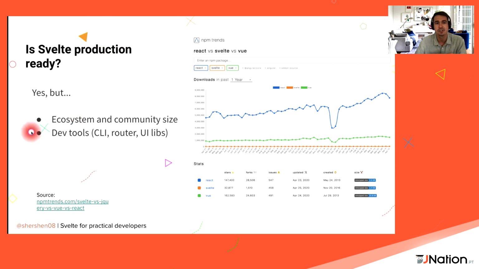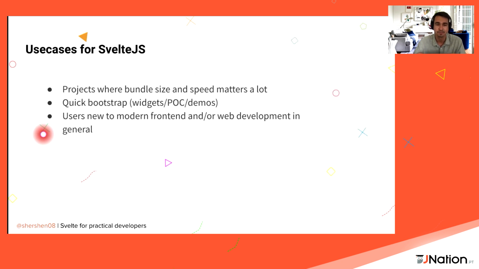And again, as I showed earlier in the beginning, there are a set of dev tools and libraries that solve typical problems like routing or component library. So that's all present, and I would definitely recommend to play with it in your pet project first, and then maybe try to sell it to the team, because I've seen several enterprise level projects who used Svelte or played with it for small elements, for example, a login form or some widget that needs to be loading as fast